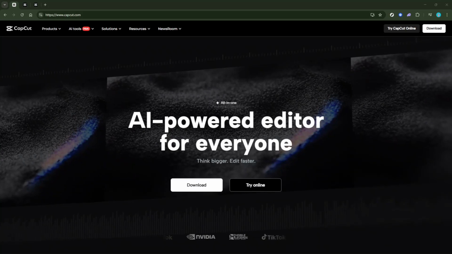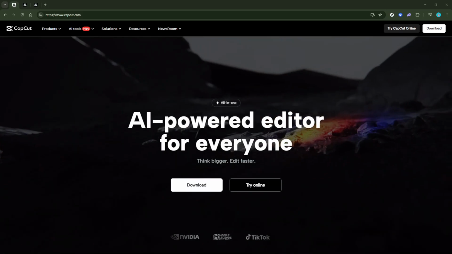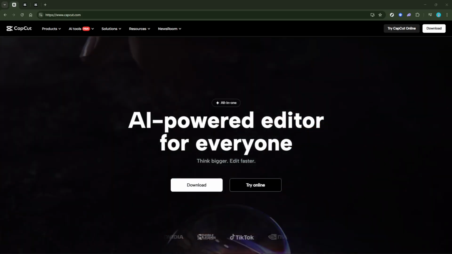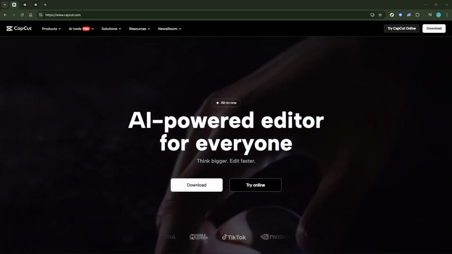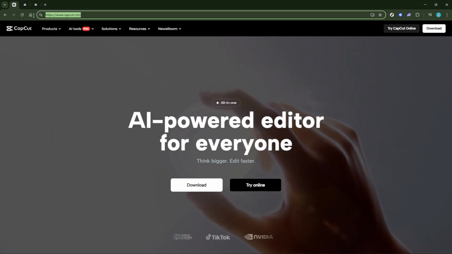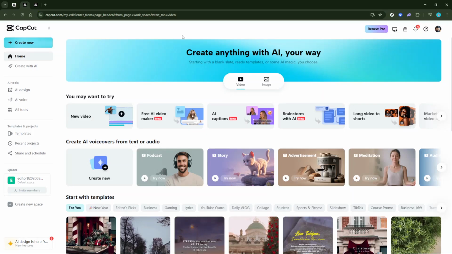In today's video, I'm going to teach you how to make a video with pictures and music in CapCut. This process is straightforward and fun, allowing you to create a captivating video with ease. To get started, you'll want to open the CapCut app and initiate a new project. This is your canvas where all the creativity unfolds.